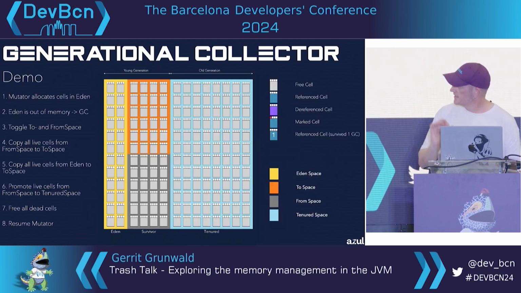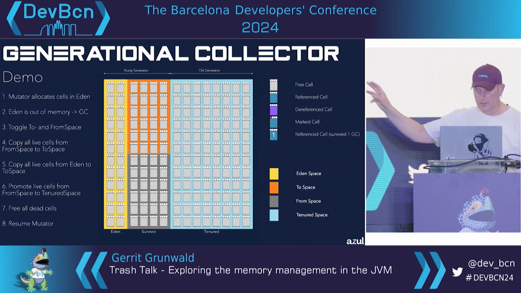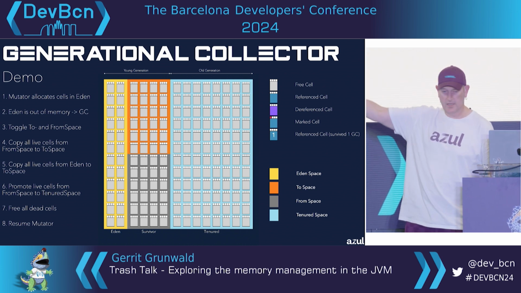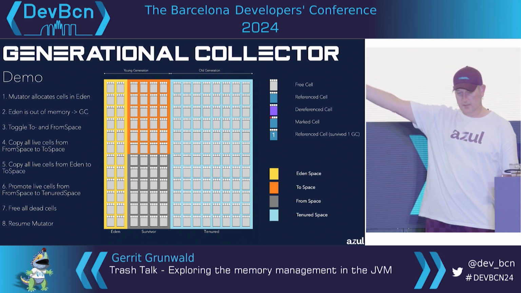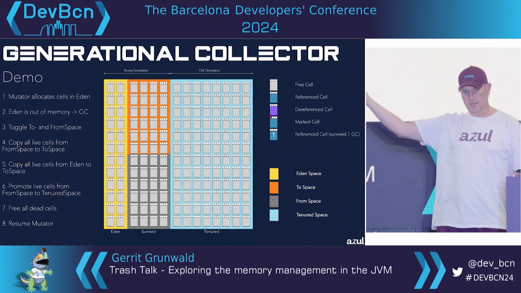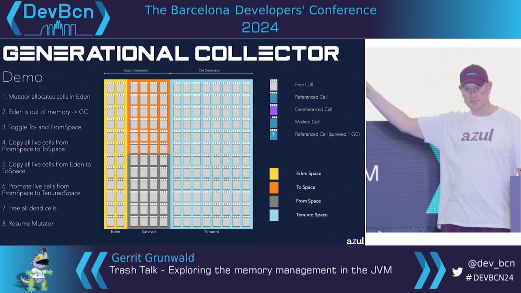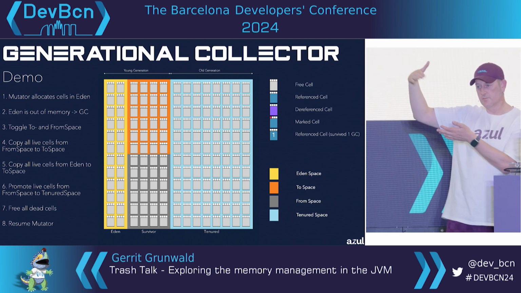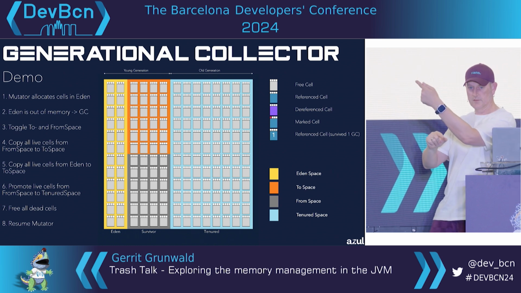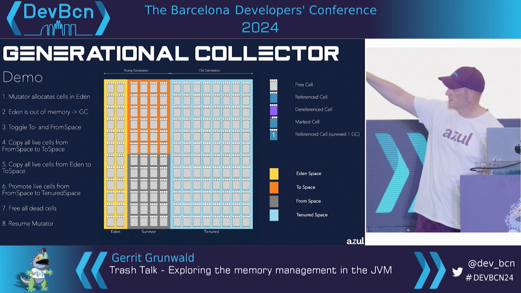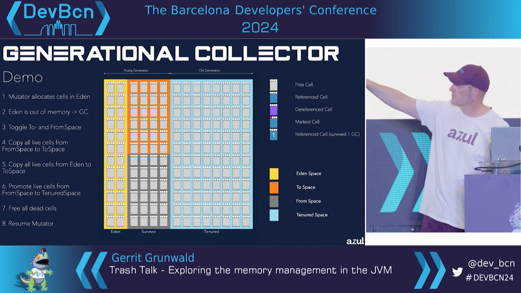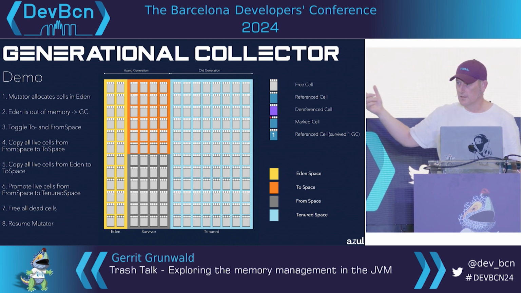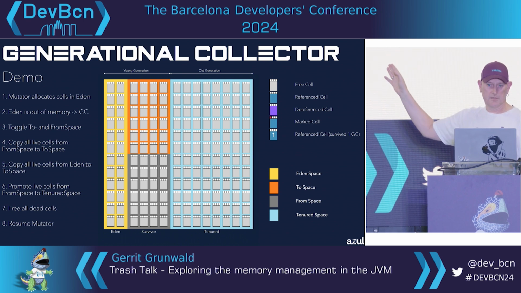And then, again, a little demo, a little bit smaller here. So you will see the same behavior that we saw before. I will allocate in Eden. When Eden is full, I will mark stuff, copy it to the survivor space, to the 2 space, and this will continue until the 2 space is full. Then we do this copy thing that we do when we use the copy collector. And if an object survives more than 3 cycles in this example, it will be promoted, that's the word, promoted